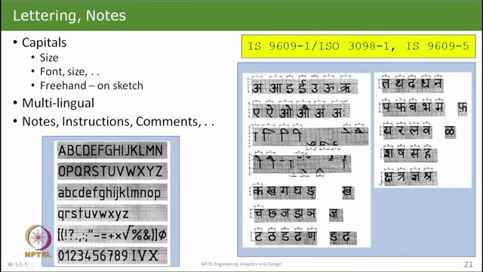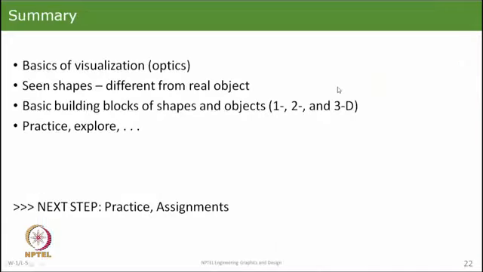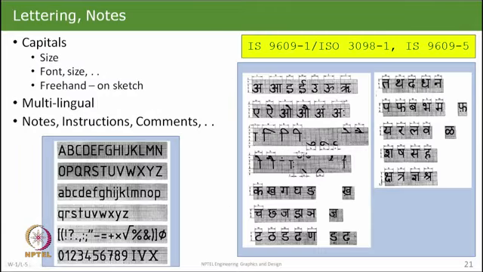But by and large, English is now the language for global communication on engineering drawings. But it is good that in many cases where the people working with the drawing are more familiar with their own native language, it makes sense to write it in that language also. So, there are bilingual drawings,